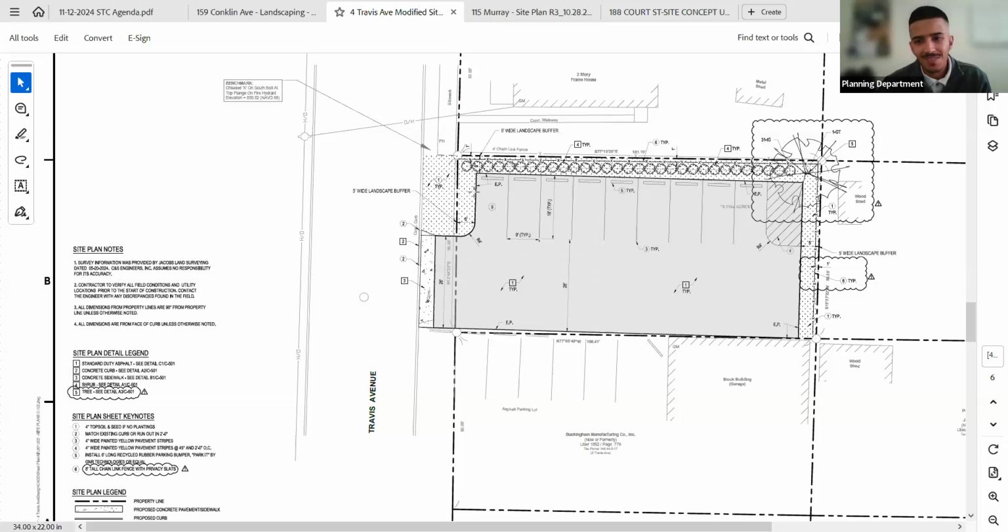But I mean, it may be too late now, but retrospectively, I would have asked them to plant another tree on the edge here facing Travis Ave, because if this side was going to be closed off, because they're essentially expanding the existing parking lot, then we could have asked them to plant another tree here on the other side, which would help out even further. But that's where that plan stands as approved.